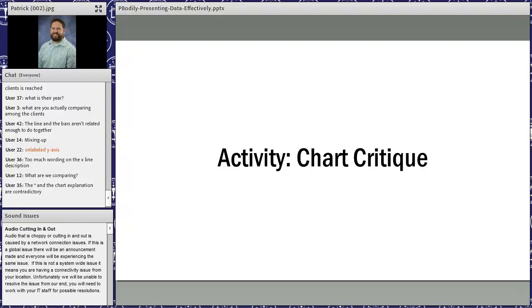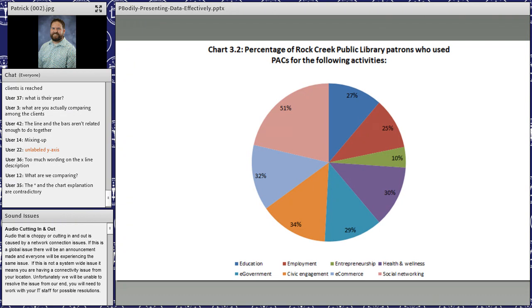So the following charts that we're going to use were from RIPL, the Research Institute for Public Libraries. So if you were there, then you already have a leg up. And if you weren't, then we get to work through it together. But what is it about this that we need to change, that we can change? Again, in the chat box, let me know what it is that you think.